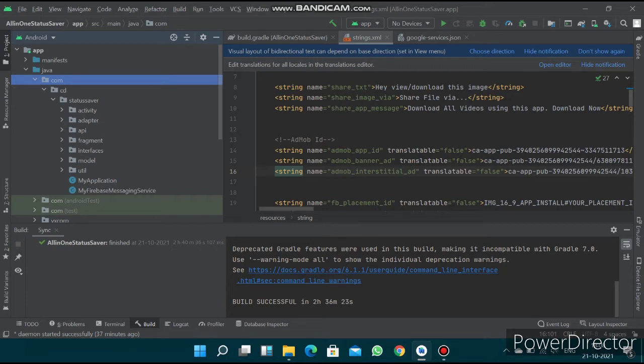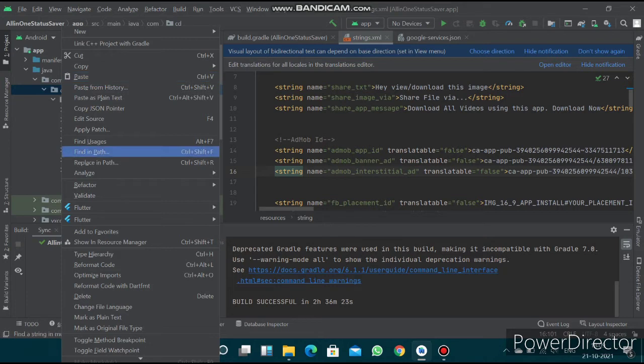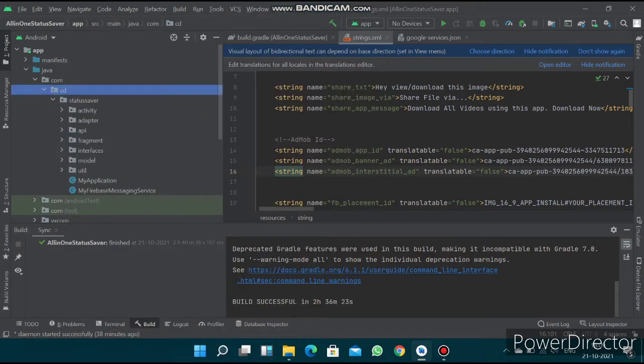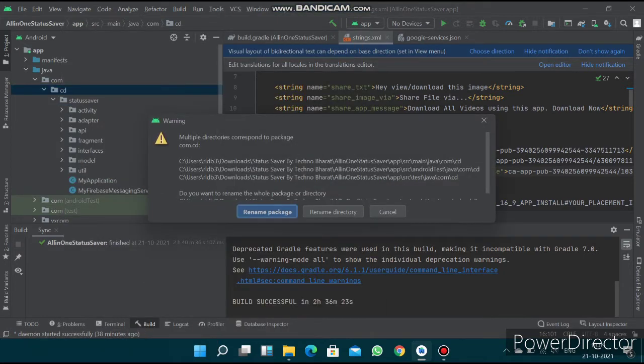So right click on cd, refactor, click on rename. Rename package,